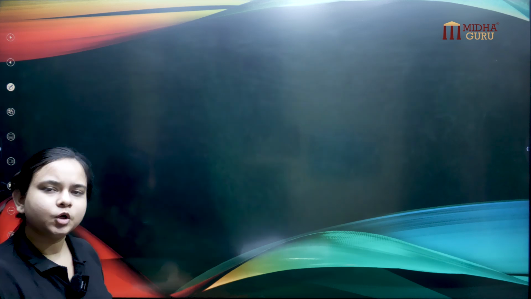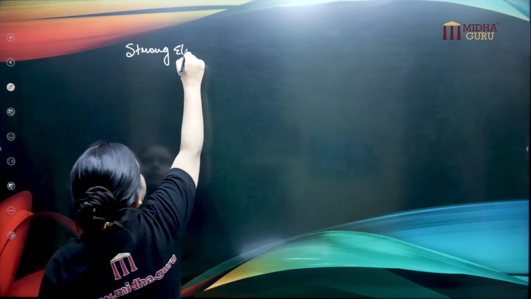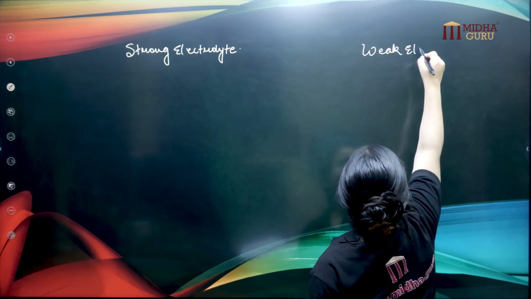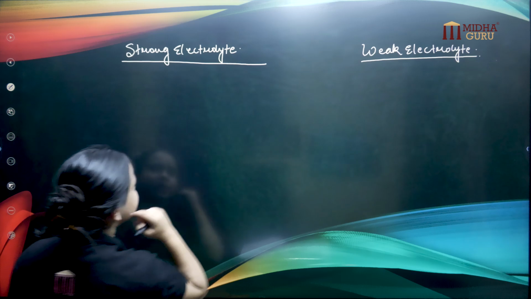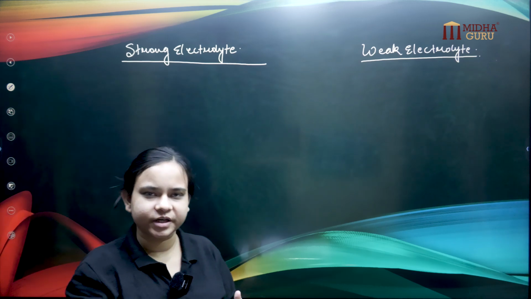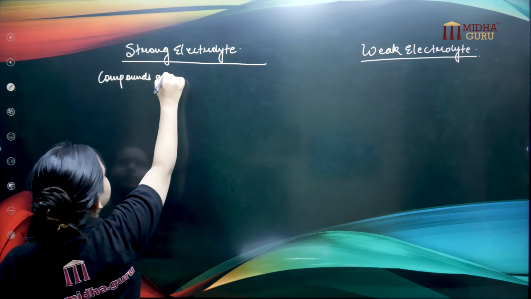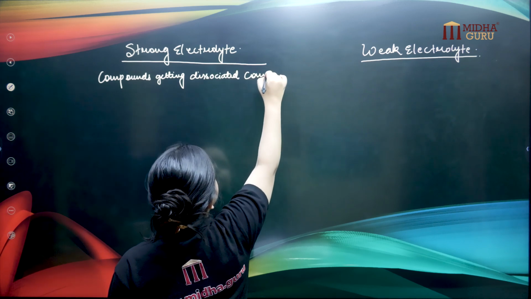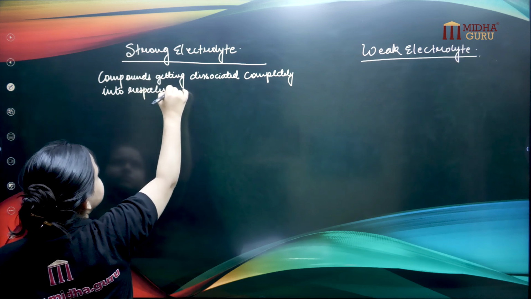So now let's derive a differentiation between strong electrolyte and weak electrolyte. Strong electrolyte and weak electrolyte. As we have already observed in the previous slide, strong electrolytes get dissociated completely into the respective ions. Compounds getting dissociated completely into respective ions, okay, and here compounds